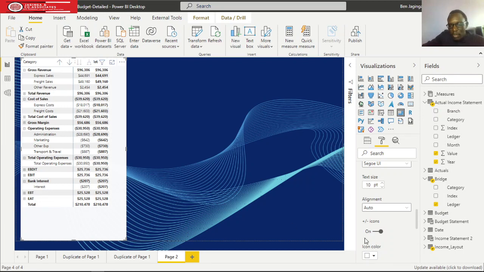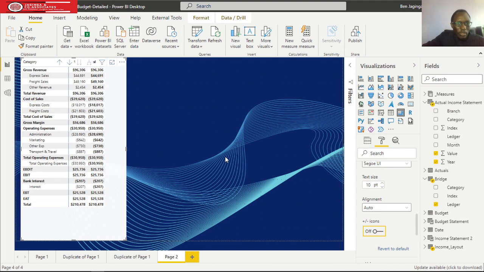So now we can hide our plus minus icons, and then we need the normal layout we always do in our Excel to appear here in our Power BI. So I will hide the subtotals of our category with the category row. So what I need to do here,